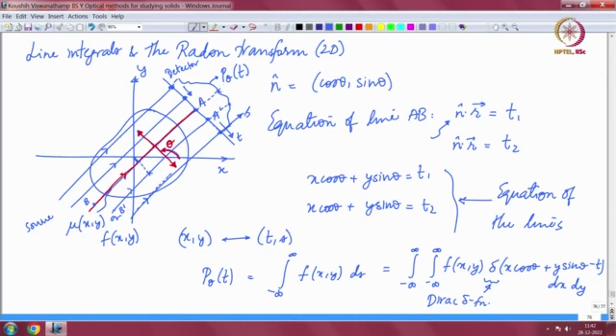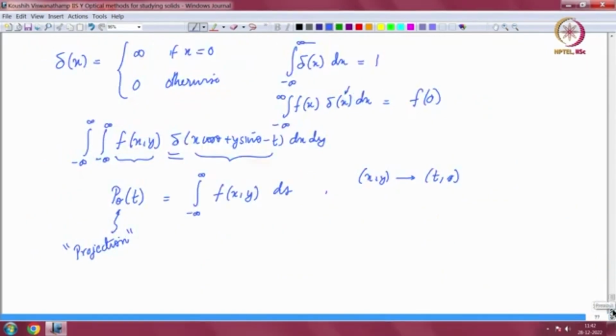And so the P is obviously a function of t, it is also a function of theta, because if you rotate this in a different direction and then you do the same thing again, you will get a different functional dependence on t, right, naturally, because the shape is not symmetric. So this P theta of t is a function of two variables theta comma t, and it is exactly analogous to the original function. It contains the same amount of information as the original function, which is also a function of two variables x comma y,